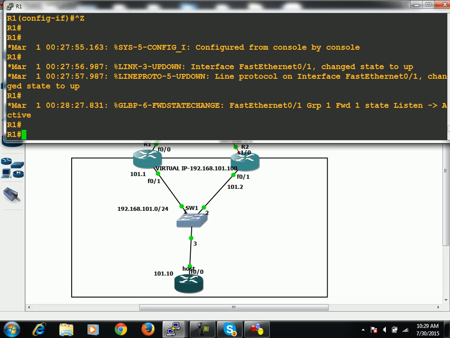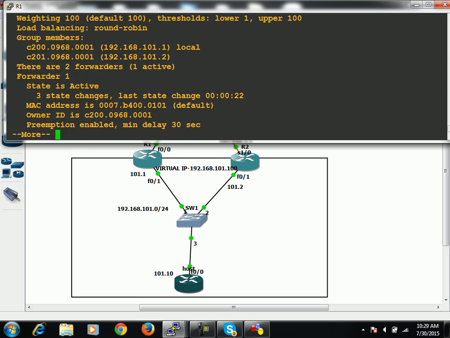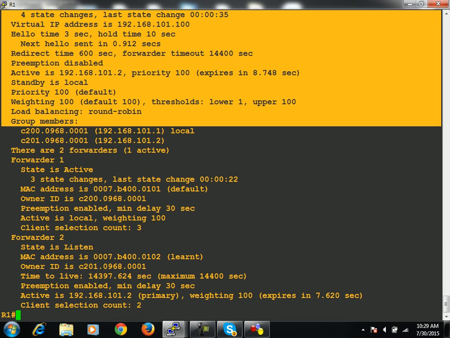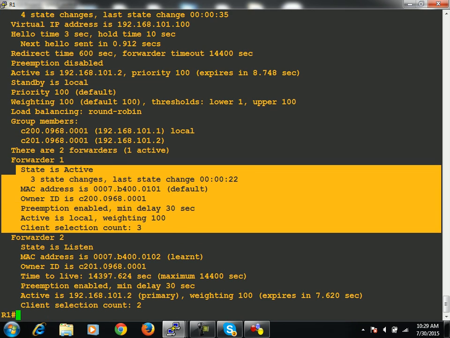Now it will not become active for AVG because by default preemption is disabled, and of course they are having the same priority, and a higher IP address is configured on R2. So this time you will see that R1 will be standby for AVG, but it will become active for AVF. But it took so long a time